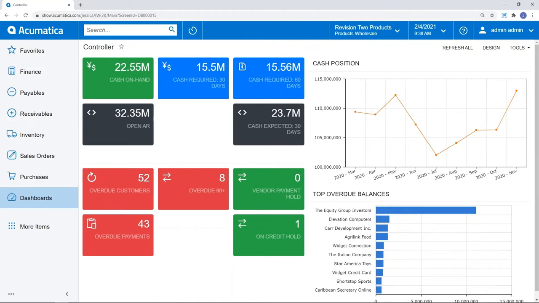Okay, so I think that's good for now as far as our usability and functionality section. Acumatica really is probably the best known ERP today as far as usability. I encourage you to go out and do some of your own research on that. We not only love our customers, but our customers love us.